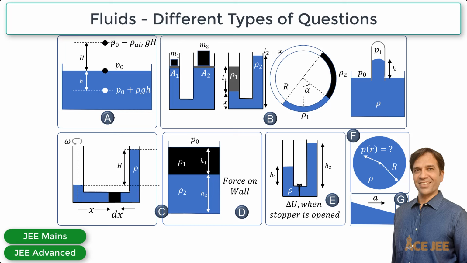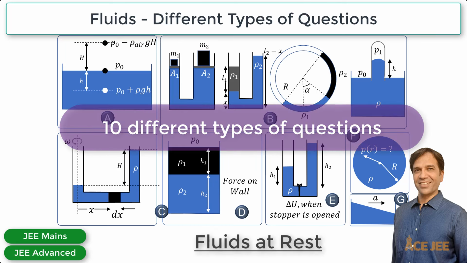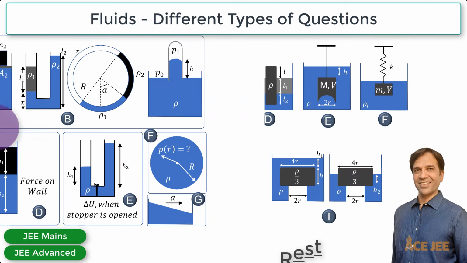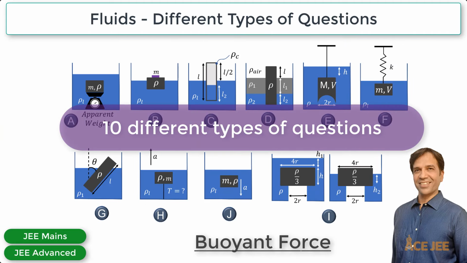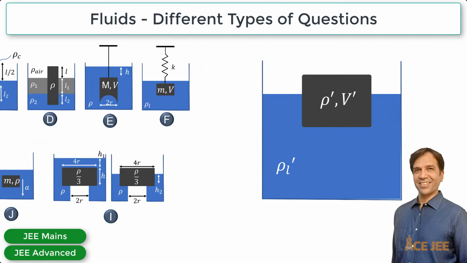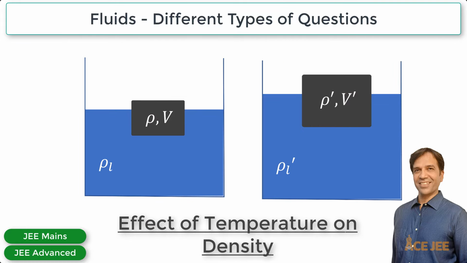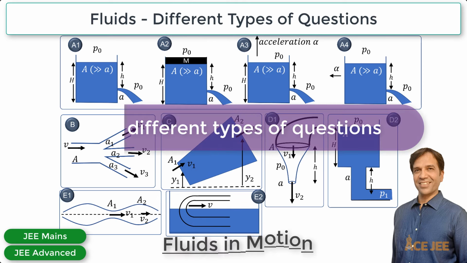In fluids, you can expect 10 different types of questions on fluids at rest involving use of P = P0 + ρgh. 10 different types of questions on buoyant force. One type of question on the effect of temperature on density of fluid. 10 different types of questions on fluids in motion where you will need to use Bernoulli's equation and equation of